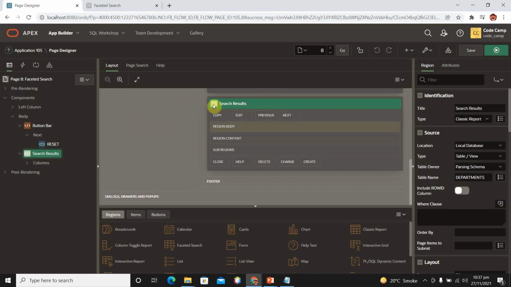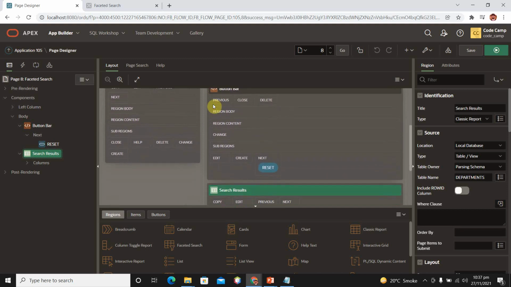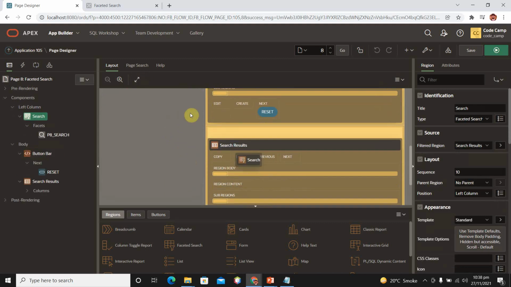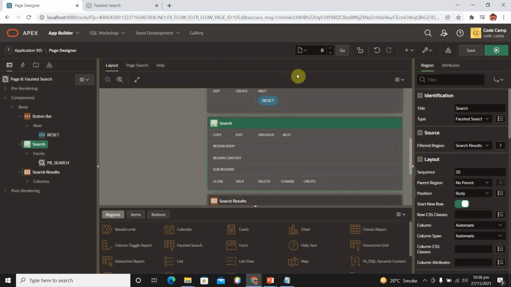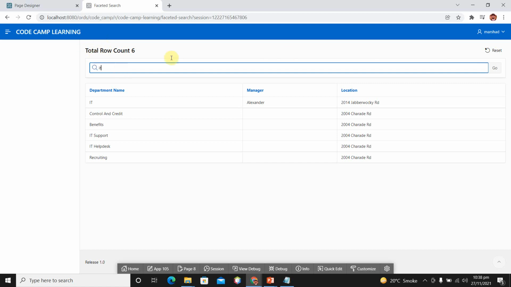If we want to change its layout, we can. Let's drag search and place it over search results. Save your page and run, and here you can see our search is here, and the reset button is on top of the search results.